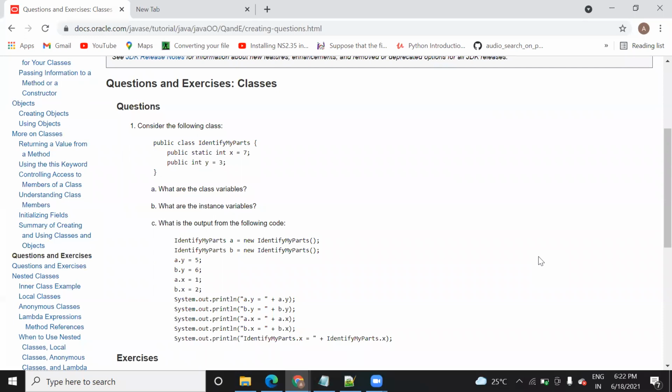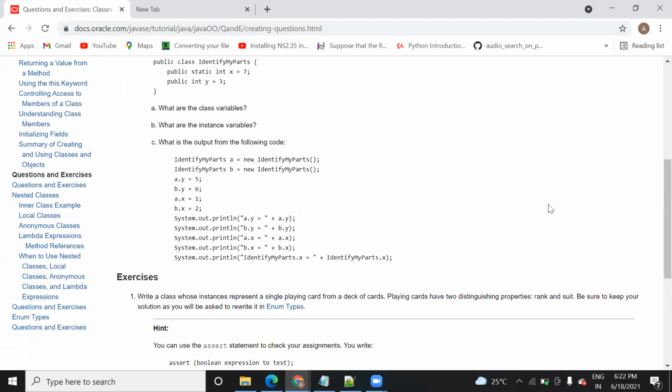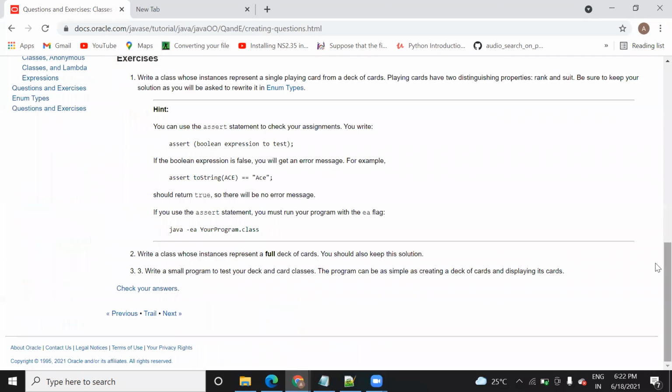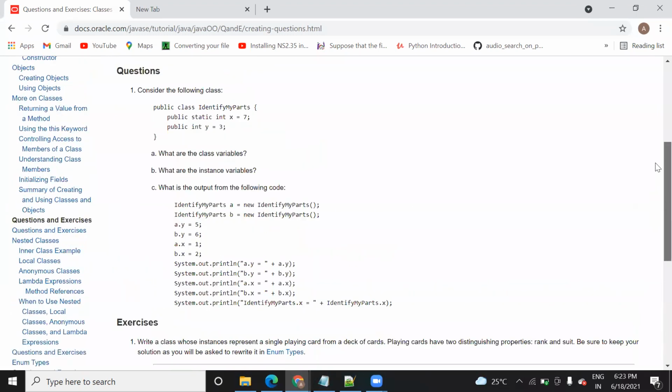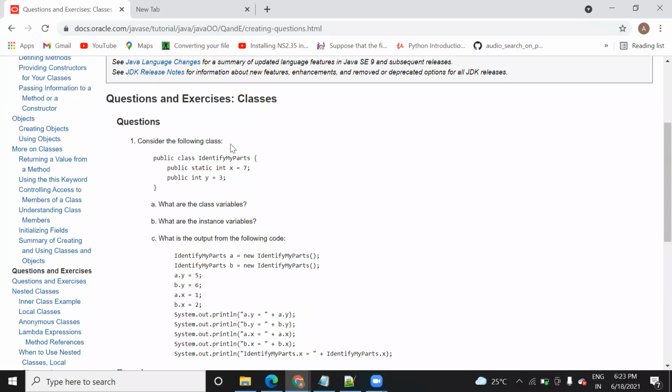Okay. So here, as you can see on my screen, there are a few questions. One class is given with a variable, public static int x is equal to 7, and y.